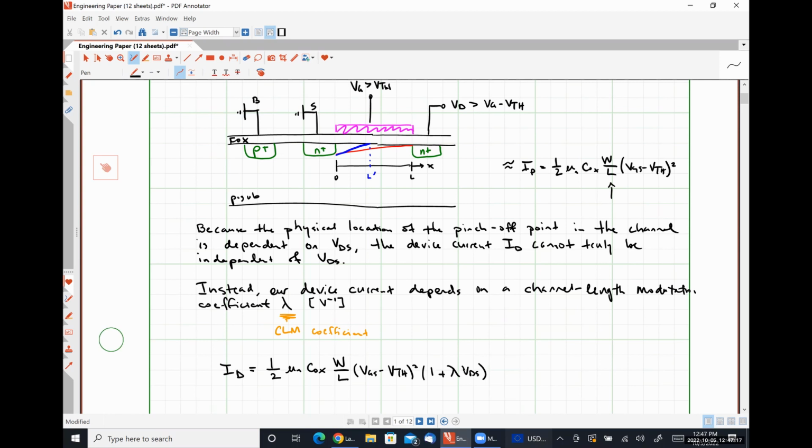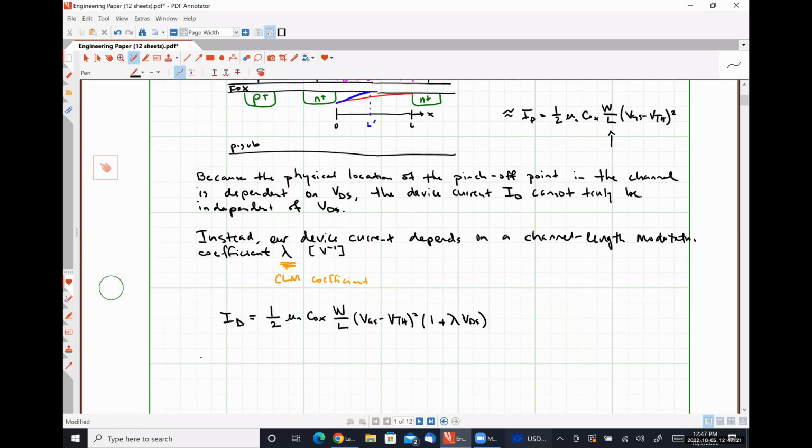I want to make sure this is a capital voltage here. Okay. Where lambda represents the relative variation in length for a given